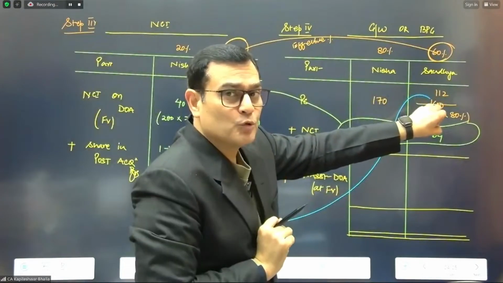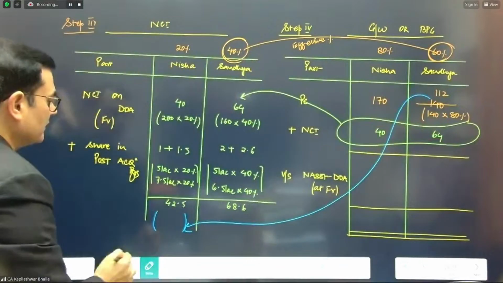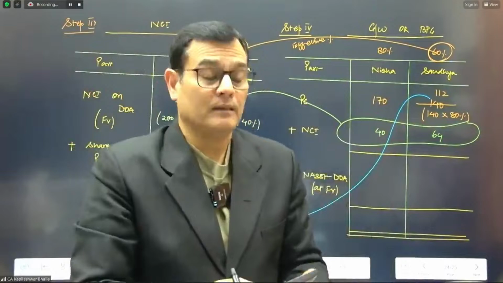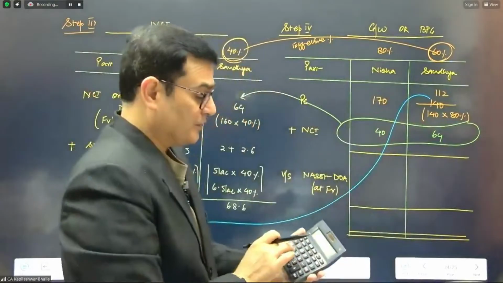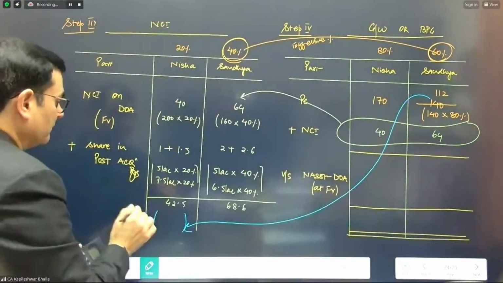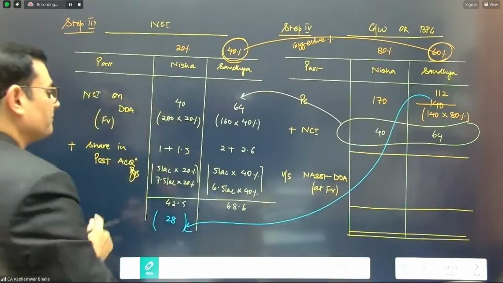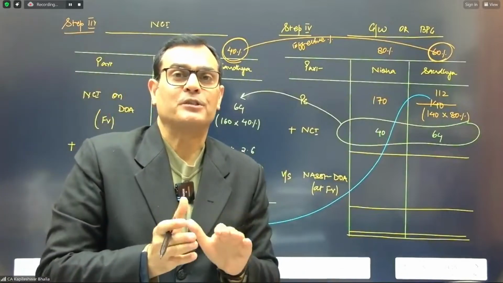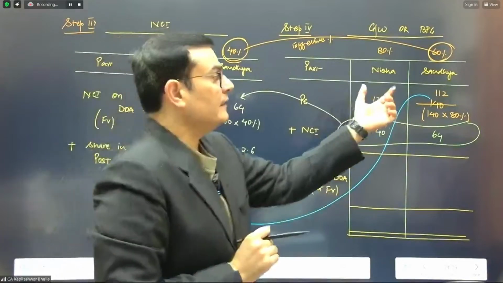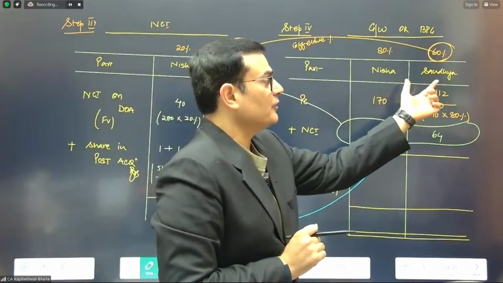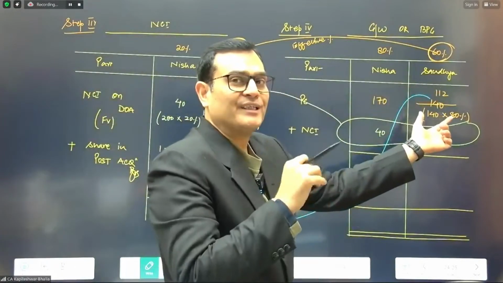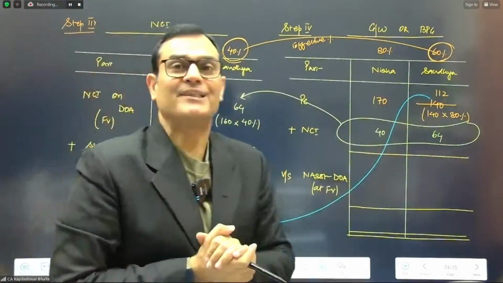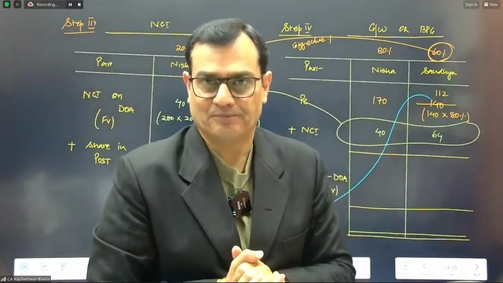So 80% goes in goodwill and the 20% is going to be a reduction from Nisha. I'll explain more in detail why this is so. So if I take 20%, it comes to 28. So this is one calculation which you need to do in terms of chain holding, that the investment to be considered is effective. So he's funded 80%, the rest 20% is reduced from the NCI of Nisha.